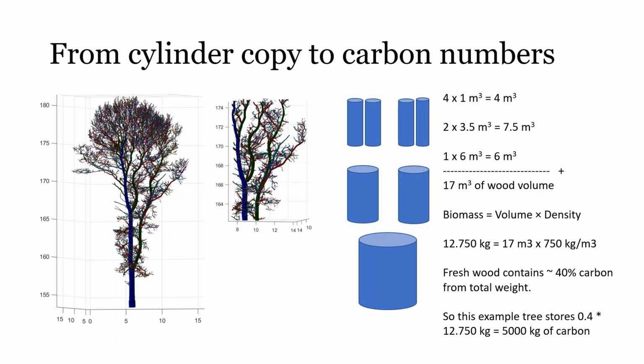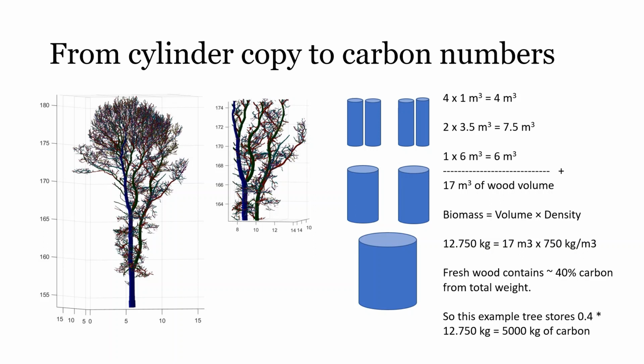And then we have an even more simplified version of some cylinders that make up our example tree in this case. And I gave them some imaginary numbers on how much volume would be in these particular cylinders, and the steps that I would go through to, in the end, determine how much carbon would be in this particular tree. So summing up, the 4, the 7.5 and the 6 would give me 17